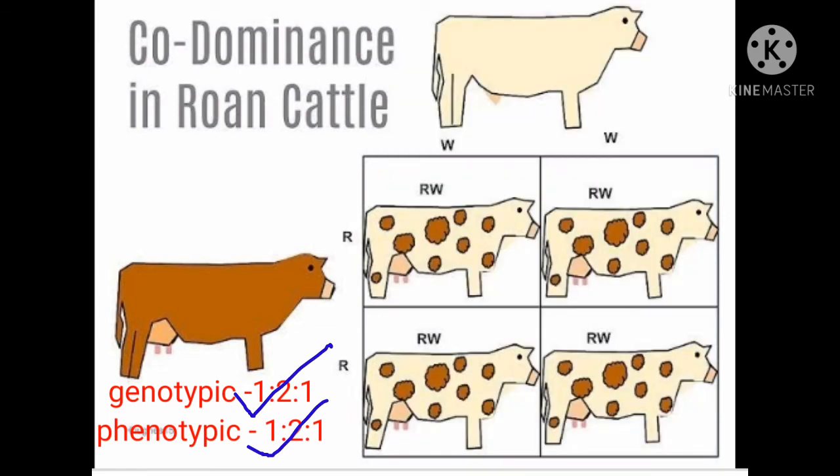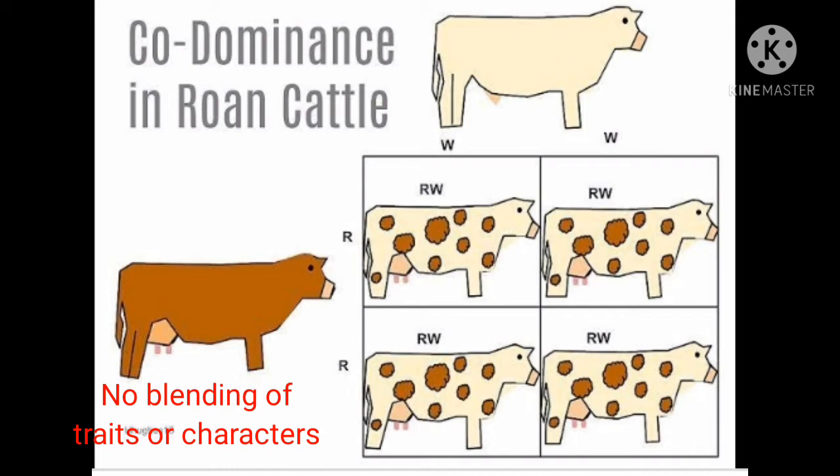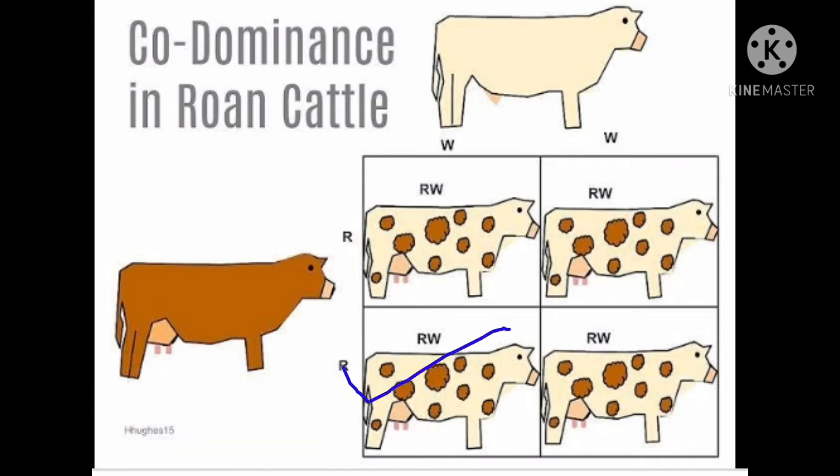So here in case of codominance, what exactly happened? Both the genes are expressed for a particular character in the F1 hybrid, the progeny, and there is no blending, in the sense of what? That is the mixing. There is no mixing of characters, whereas both the characters are expressed equally. So that is the roan color, with a mixture of red and white hairs in the F1 generation.